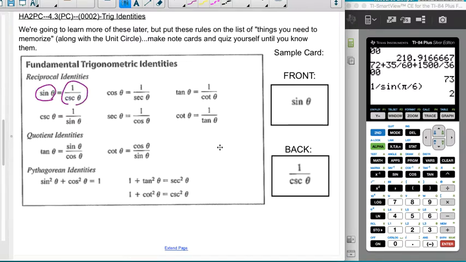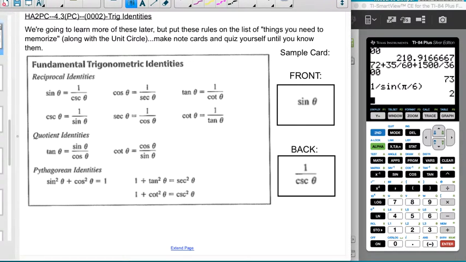Now, as you'll walk through, there will be times that there are two formulas that could both be the back of the card. So for instance, you see a tangent equals some stuff here, and you also see a tangent equals some stuff here. So I guess you could put on the front side of the card something like tangent quotient identity and tangent reciprocal identity if you wanted. Or you could just recognize that when you see the tangent card, it could be either this or this, and then you could check. I am a big proponent of physical note cards over something like Quizlet, because I do think you actually learn better by writing stuff,